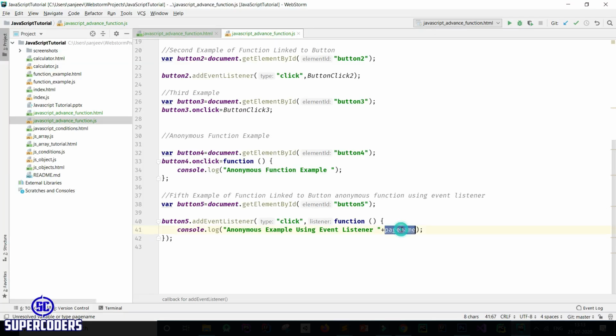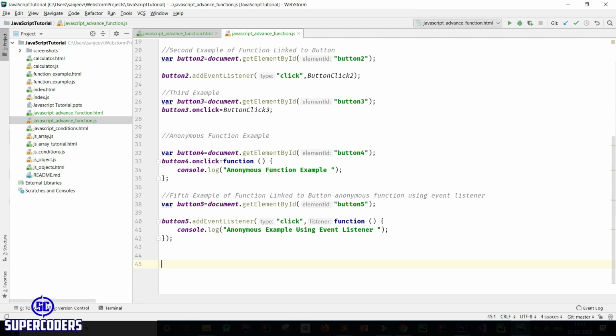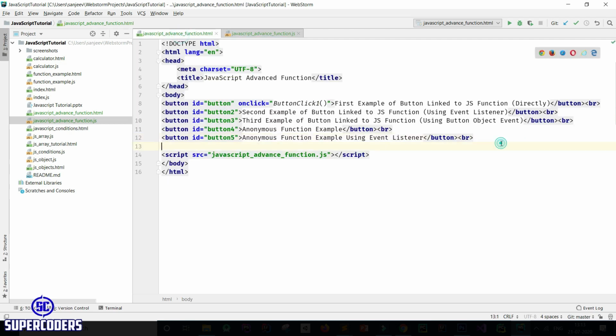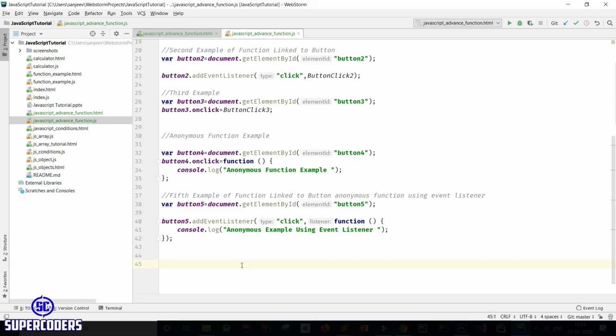For now, let's move on. Now let's see how you can create a function with a variable name. So come back here, change this button to 6, function with variable name. Let's see how you can do this.